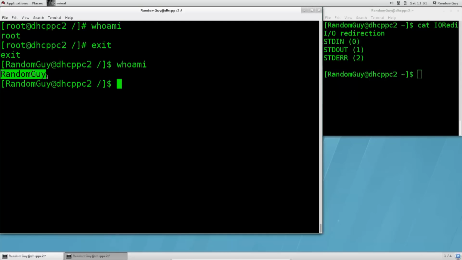Anyway, now that you know what standard input, output, and standard error are, let's talk a little bit about why you need them. I mean, of course, this is used in daily operations primarily because you would want the output of one command to be the input of another. So you're just passing along